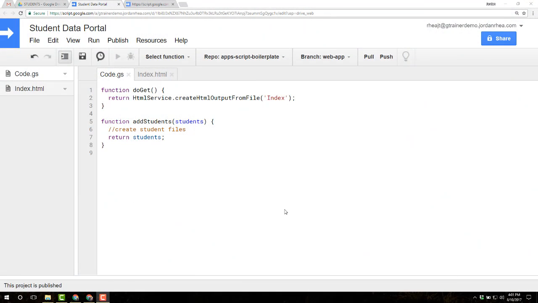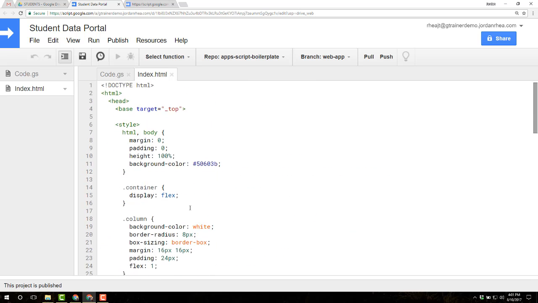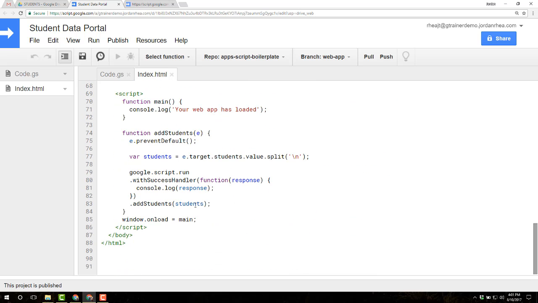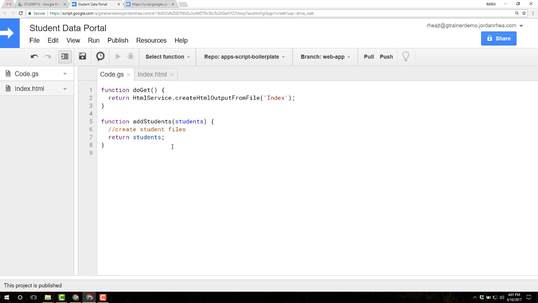Hello everyone. I'm going to continue on with this student data portal that I created in a previous video. If you didn't watch that and you're just jumping in, there's a link on the screen to that other video. If you want to just dive in with us, there's not too much code. All we're doing is a little bit of styling on a page that's going to create several different files for a student. The goal being to show you how you can tie in multiple services with Google Apps Script